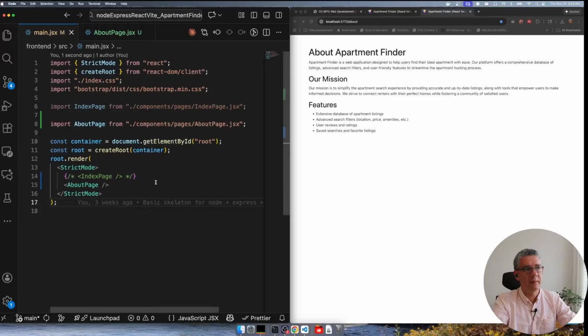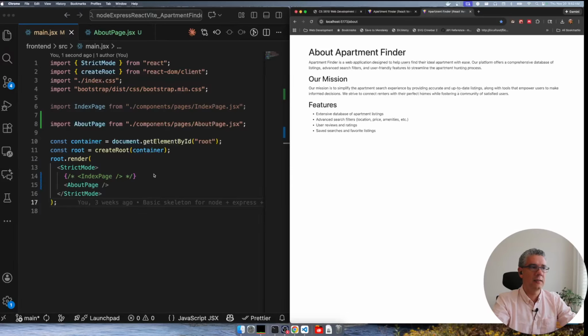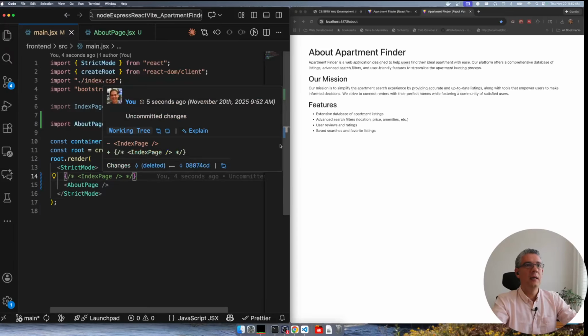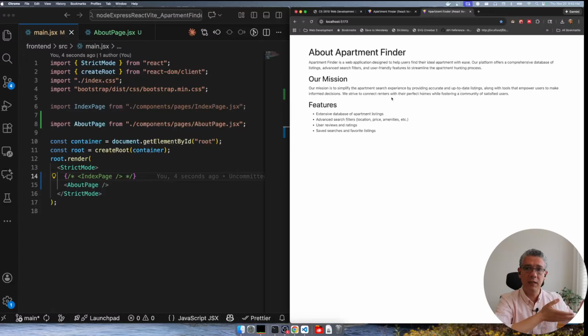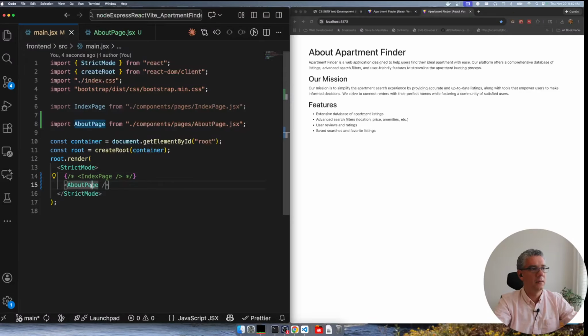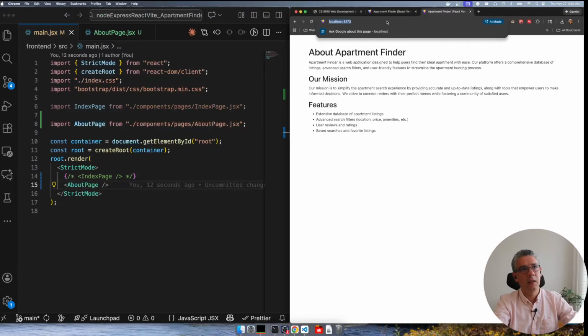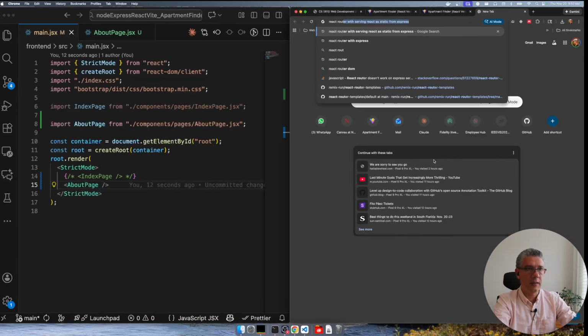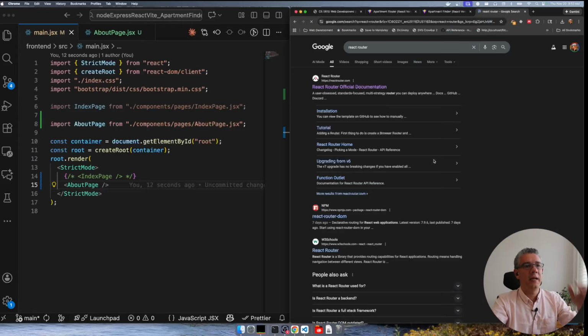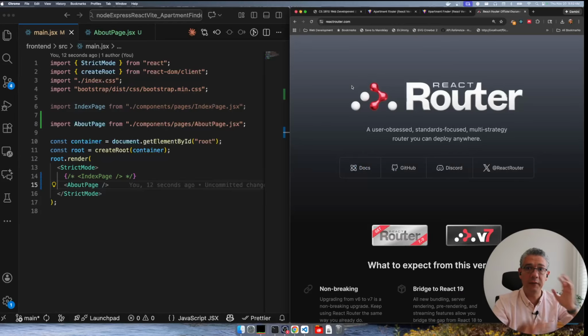So now I have an about page, and it goes nicely in there, but then the question is, how do I get it so that when I come in here, it shows me the index page, but when I go in here, like in /about, it gets me to the about page? So there are multiple ways of doing that. Remember that all of these ones that I'm describing are the ones that you need whenever we are using our current architecture, which is to use